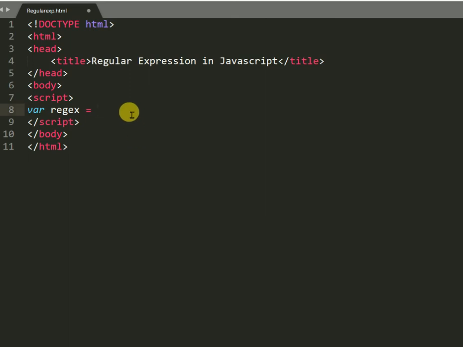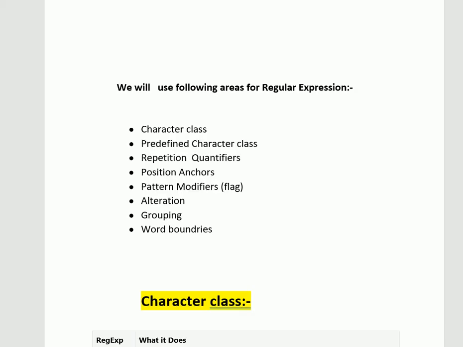I am making it with the help of a character class. So what is a character class? We will see the use of the following areas for regular expression: the character class, predefined character class, repetition quantifier, position anchor, pattern modifier, alternation, grouping, and word boundaries. First we will see the character class.